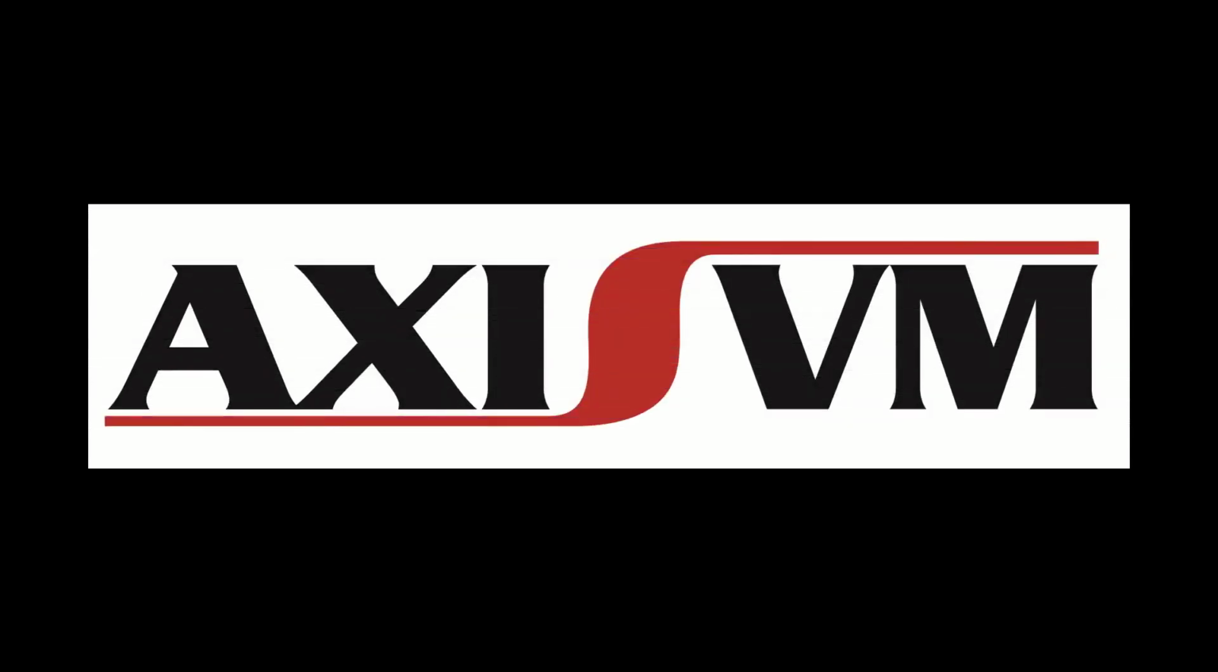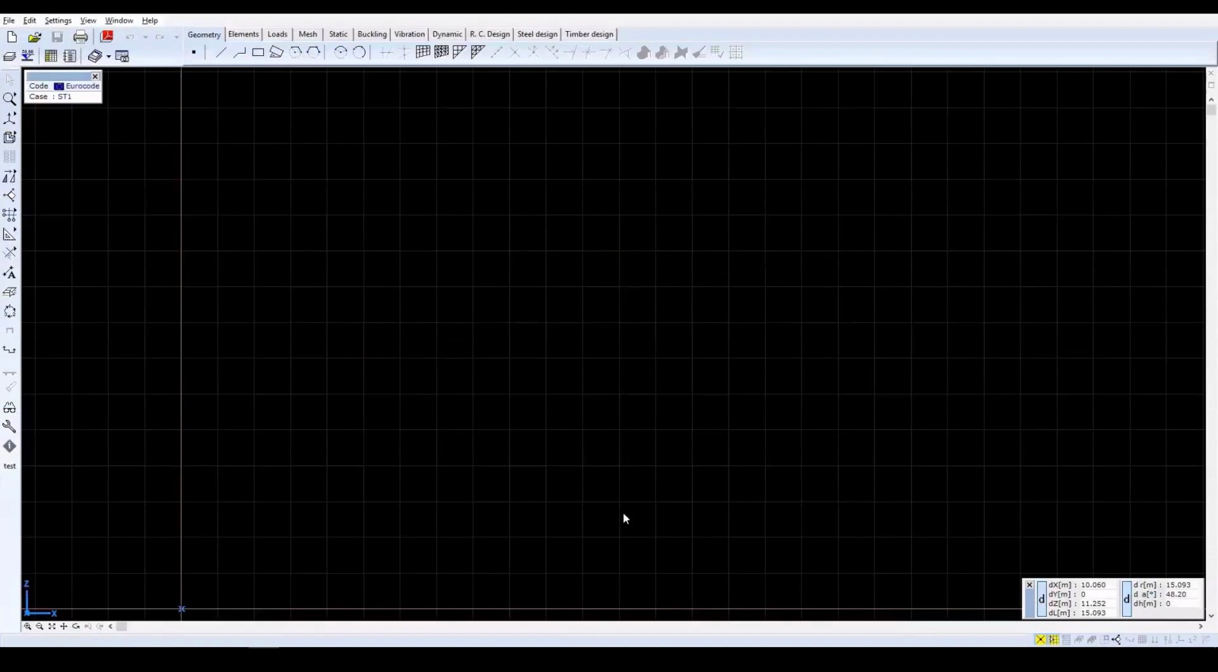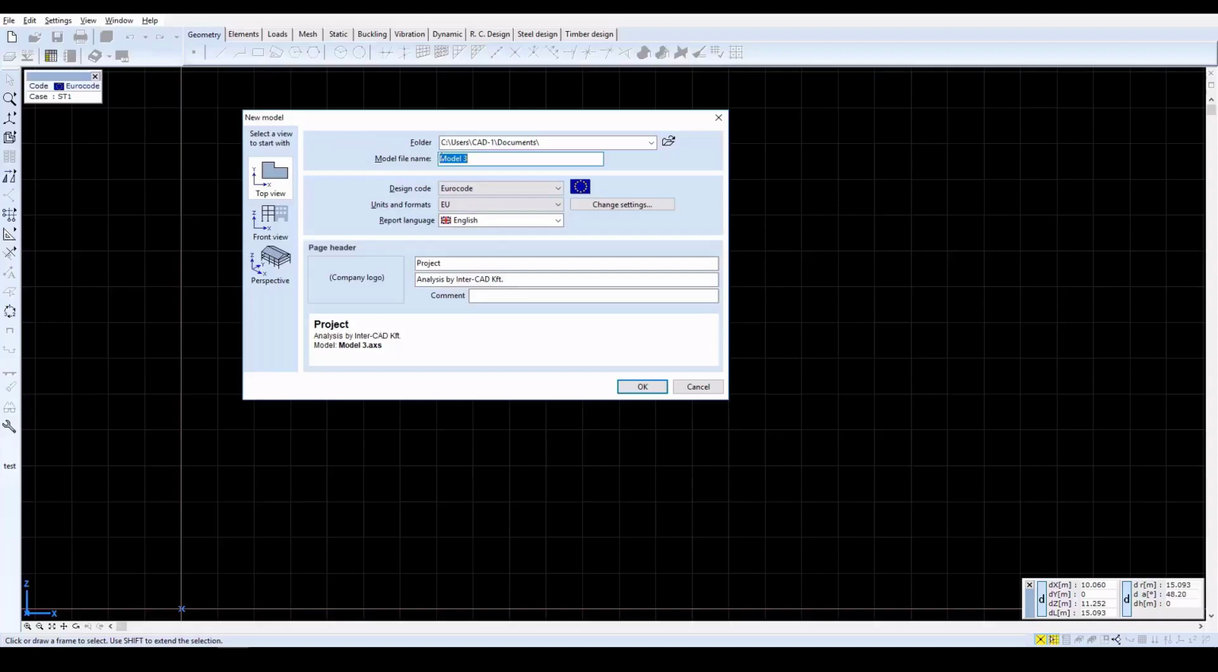Welcome to the AxisVM frame model video tutorial. The frame will be designed under the Eurocode standard. In AxisVM, create a new model. Set the model file name to frame, select Eurocode from the design codes, and set the units and formats to